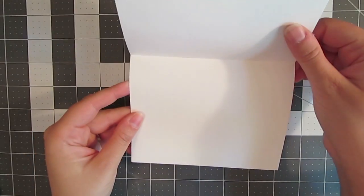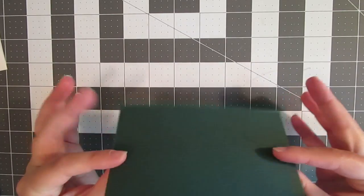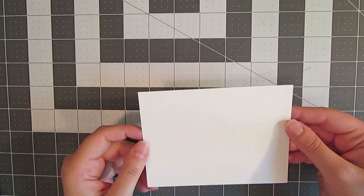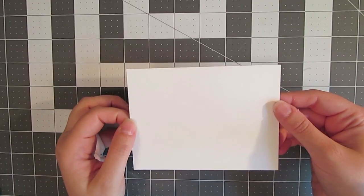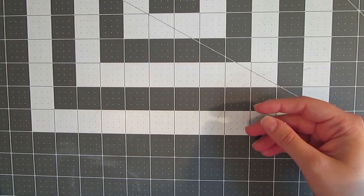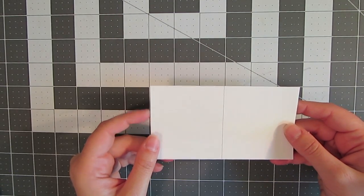In order to make this card, we're going to start out with the standard 5.5 by 8.5 A2 base, and Jill chose a white piece of paper for this. Another base piece that we're going to use is 5.25 by 4 inches, and this is in green. We also have this greeting base, which is 5 inches by 3.75 inches, and that's in the same white paper as our card base. Finally, we have a star base that's 5 inches by 2.75 inches in white,